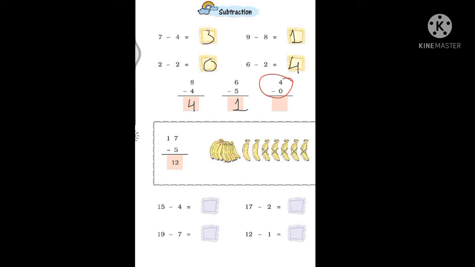If we do subtraction 4 minus 0, this is also the zero property of subtraction. As we saw in the zero property of addition, if we add 0 to any number, or add any number to 0, we get that number as the answer. But here, if we subtract 0 from any number, we always get that same number as the answer, right? So in subtraction also, 0 means nothing. If we subtract nothing, what answer will we get? Obviously the number remains as it is, our answer. That means 4 minus 0 we get answer 4. So here write down answer 4.